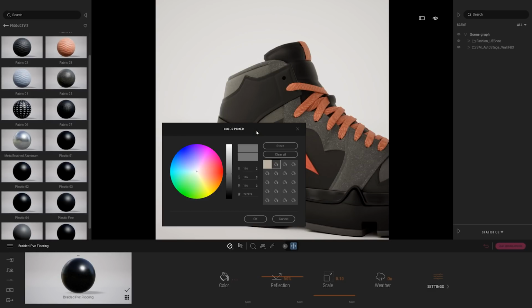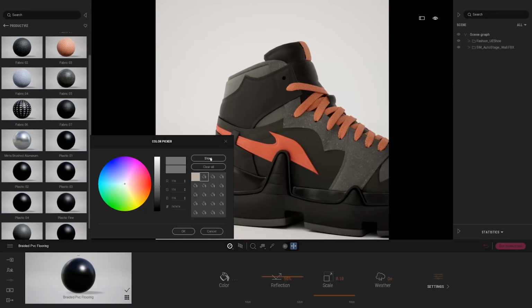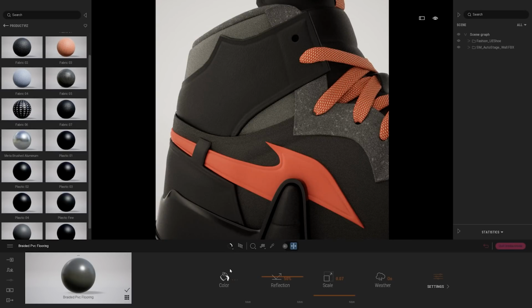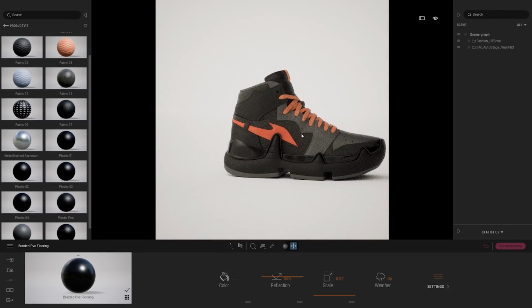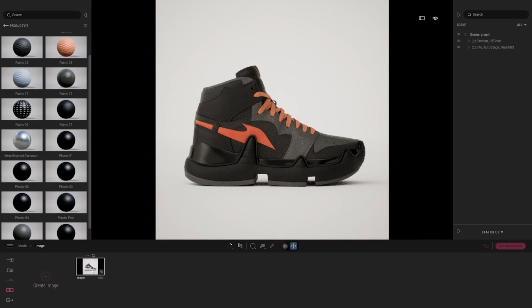So here, on that fabric material, I've added that gray color to make that fabric a bit darker. I'm going to store that color in my color wheel. That way, when I'm picking that second fabric material, I can use the same gray color. So that's done for the texturing. Let's come back to my point of view. As you can see here, that thumbnail has been captured with that first set of materials. I'm simply going to press the refresh button to recapture that image to memorize the new set of materials.